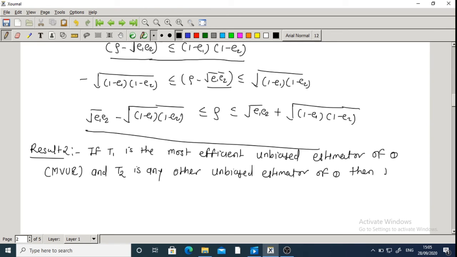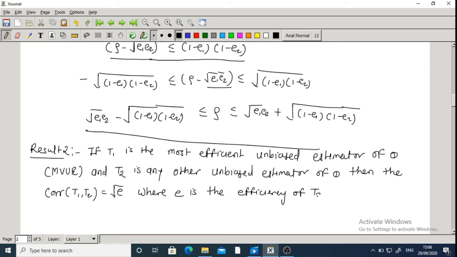then the correlation between T1, T2 is equal to under root of E, where E is the efficiency of T2 in relation to T1. So to prove this result,